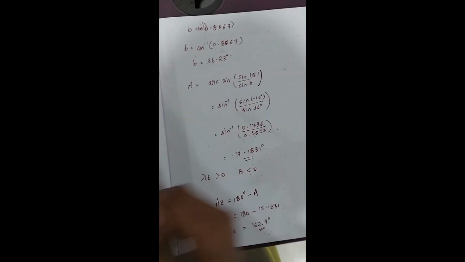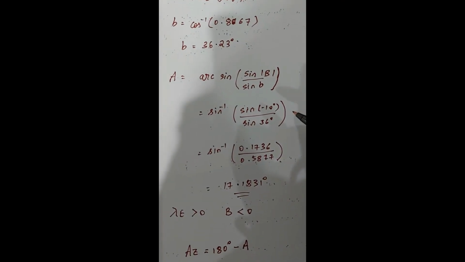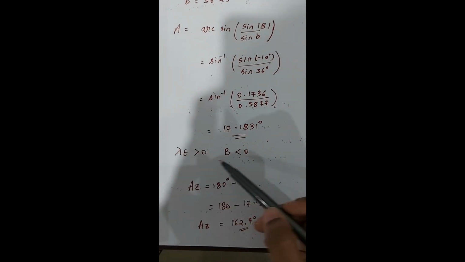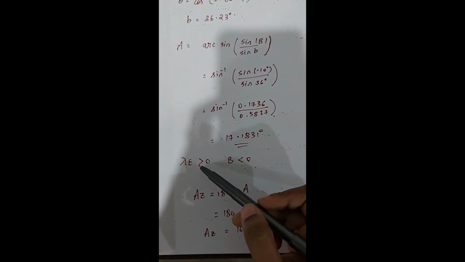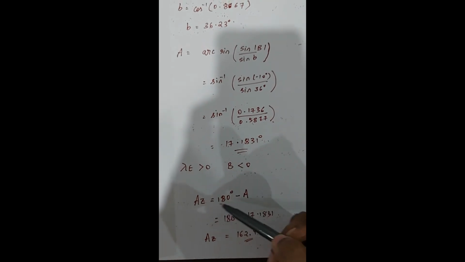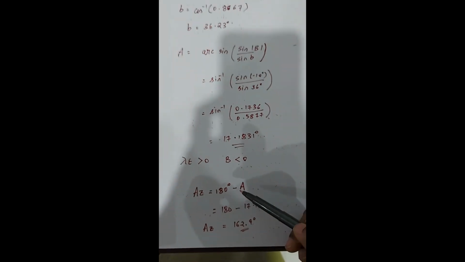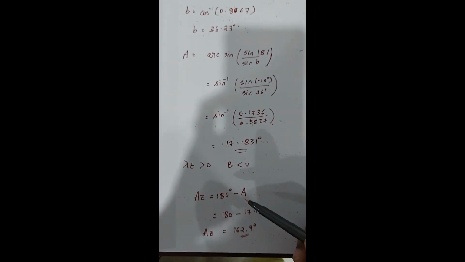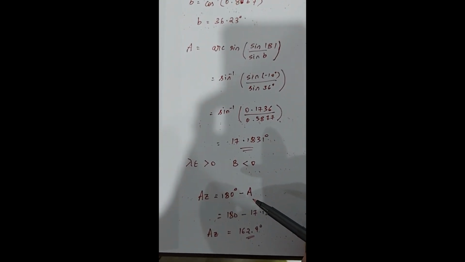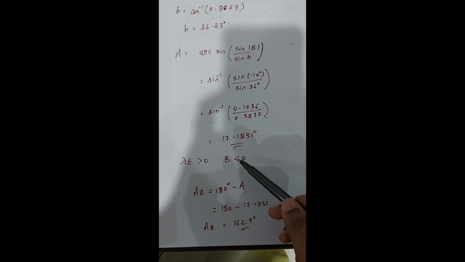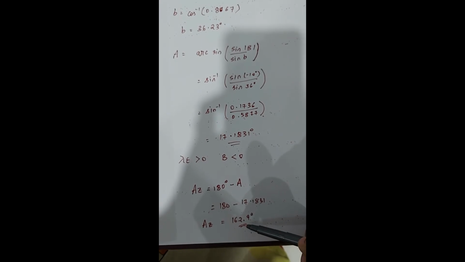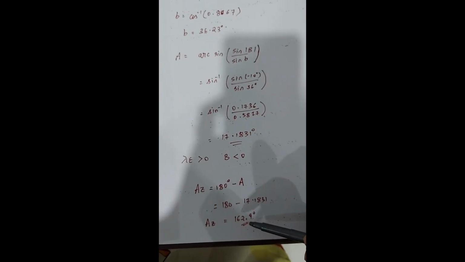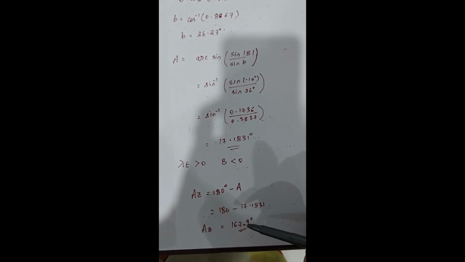We substitute the same to find out capital A first. Based on these conditions, the condition of the B angle, that is the angle subtended at the north pole, and the latitude value, the azimuth angle is decided based on the table, or you can even draw the diagram and understand. It's better to remember the table, okay? And you get AZ is equal to 180 minus A. For this condition, it is 180 minus the A value, hence the azimuth angle is 162.9 degree for this problem. So for any problem with respect to azimuth angle, you can follow the similar procedure.